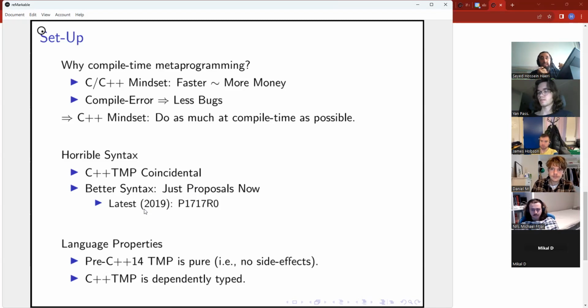Now, unfortunately, because the C++ syntax for template metaprogramming is coincidental, it's very horrible. There is a proposal for a better C++ syntax. The proposal didn't really manage to make its case, at least it still hasn't managed to make its case. It's been around for 4 years now.